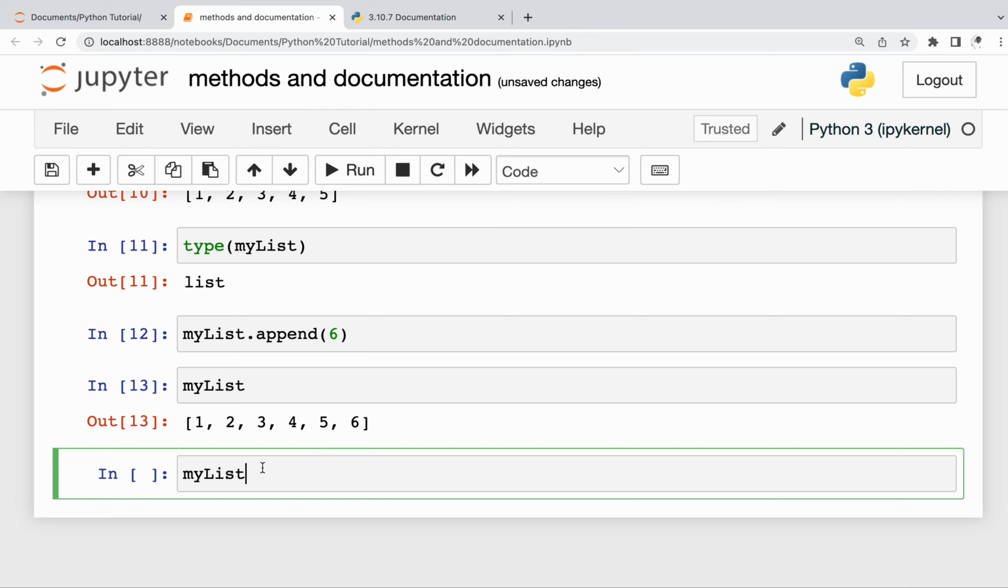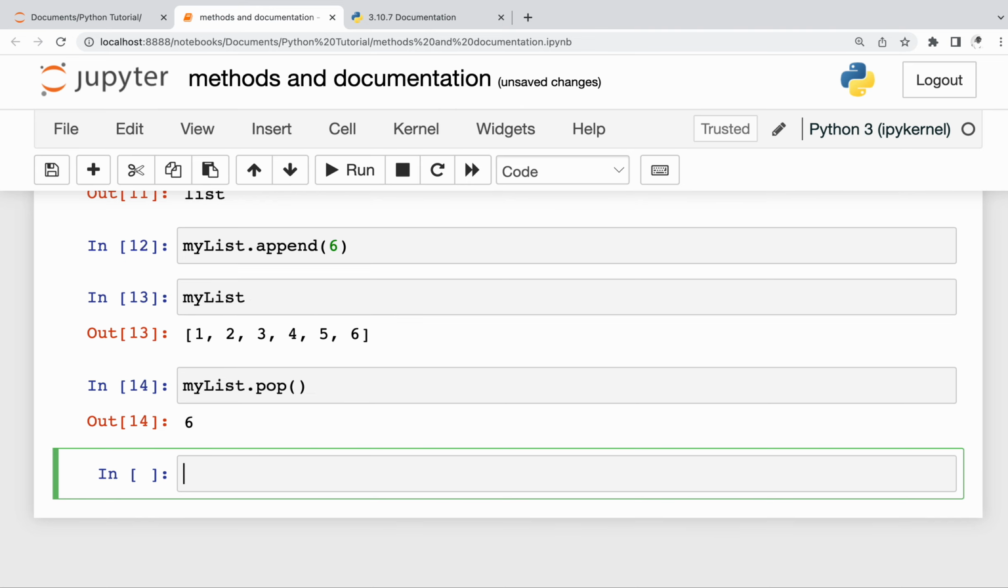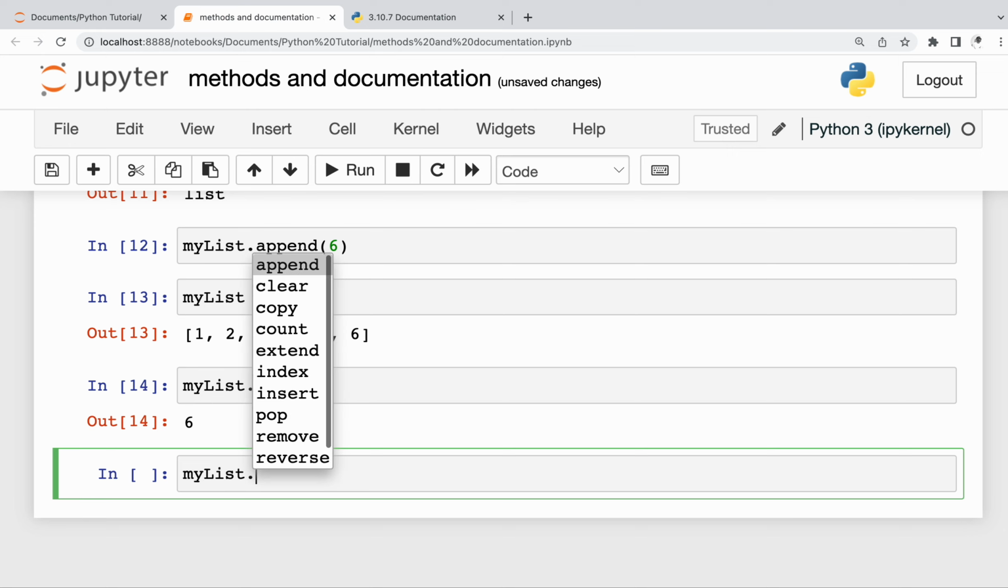Now let's use the pop method. I say pop and I run. Of course it pops out the last one, right? So this is actually how Python methods work. These .pop and .append are Python built-in methods, right? Now let's say we want to use a method we have not used before. We say dot, then the tab key, and then